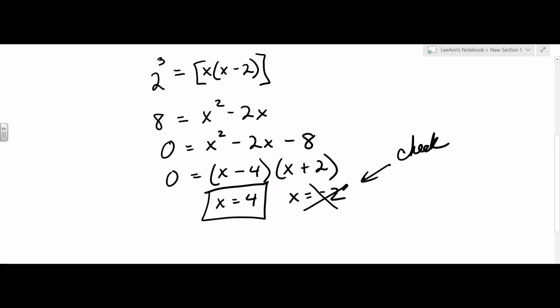So we have to check those. And it doesn't just mean if your answer is negative, it's not going to work. You have to check because it'll depend on what they give you. Okay,